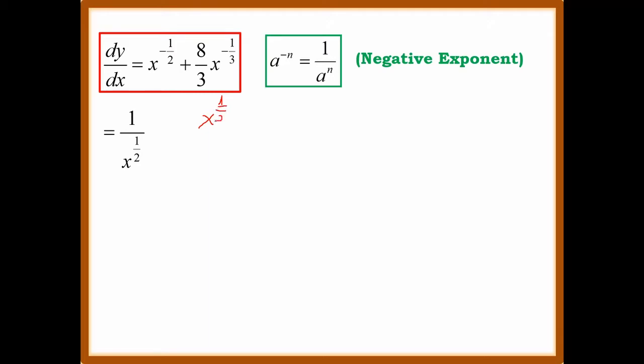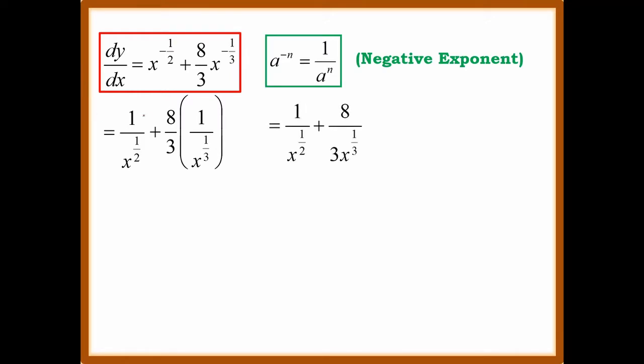Let me rewrite that: x raised to 1 over 3. This is over 1, since it has no denominator. Since we have a negative exponent, same thing, let us interchange the numerator and the denominator. Let us get the reciprocal. That is 1 over x raised to 1/3. Again, only x is raised to the negative exponent, so we cannot touch the 8 over 3. And then as we multiply, to simplify, this is 8 times 1 is 8, over 3, multiplied by x raised to 1/3. Here we did nothing more. And then next,